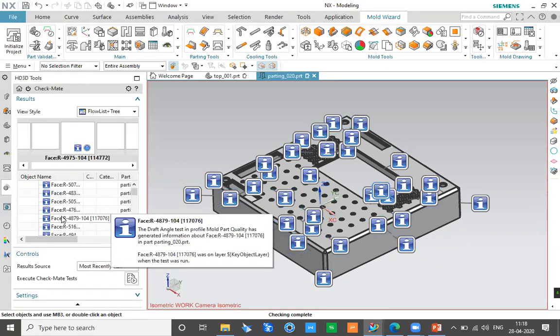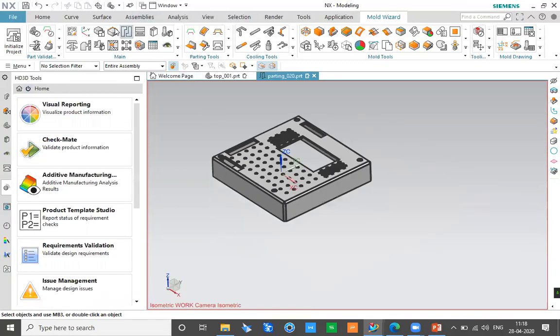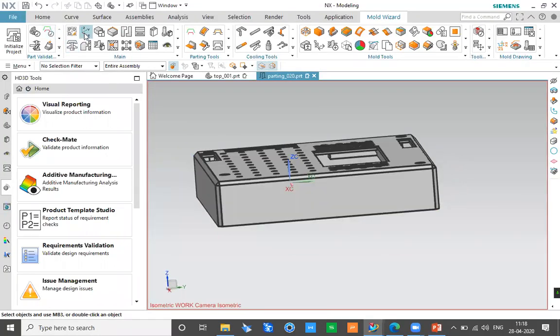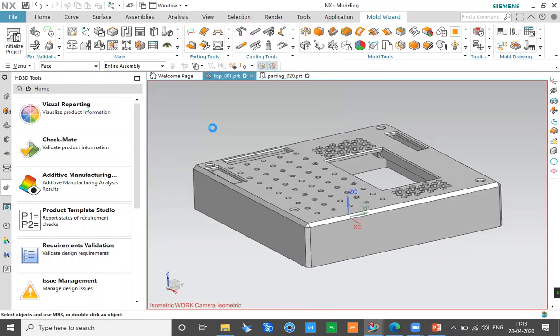So this is a benefit of executing the mold design validation before we actually start with a practical mold design, because it is very important to do validations. This should only be done after defining the workpiece and the proper coordinate system for this particular article, because everything is going to be calculated based on the Z direction. So it's very important to do this part after defining the correct locations, not before that.